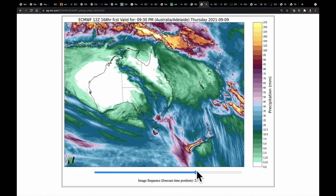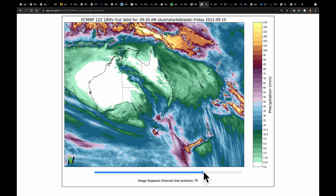And just playing it forward while we do add up more precipitation. Look at that, adding up right here on the windward side of Tasmania. We don't see a lot of additional precipitation at all through the next week being added into the rest of Australia, okay? So if we look at week 1 and then stretch this out to look at week 2